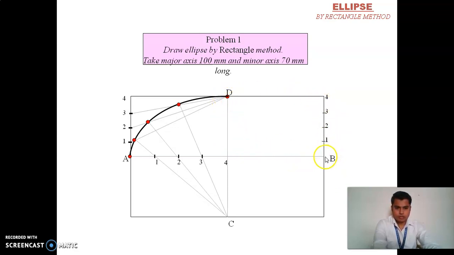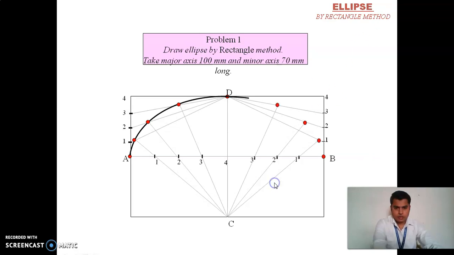Divide this vertical distance between B to 4 into 4 equal parts, and divide this horizontal distance between B to 4 again into 4 equal parts. Again follow the same process: join 1 with D, 2 with D, 3 with D, and 4 is already connected to D. Now join C with a horizontal line to point 1, and extend it up to the next inclined line, which is connected between 1 to D. Similarly, you are getting the same points.